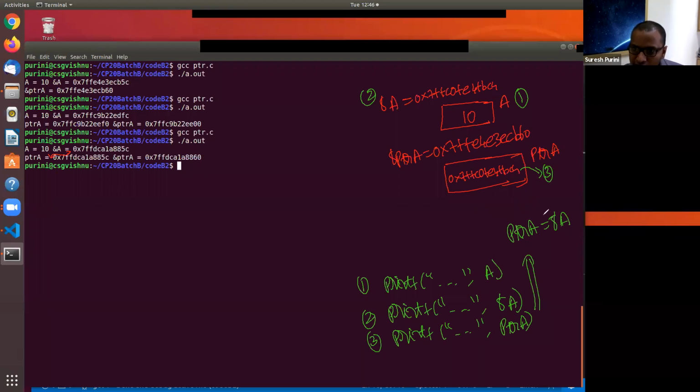That is because we initialized ptra to the address of A. Right? And the fourth observation is, when we do printf address of ptra, what do we get? It gives the address at which ptra is stored. Are you all with me here?